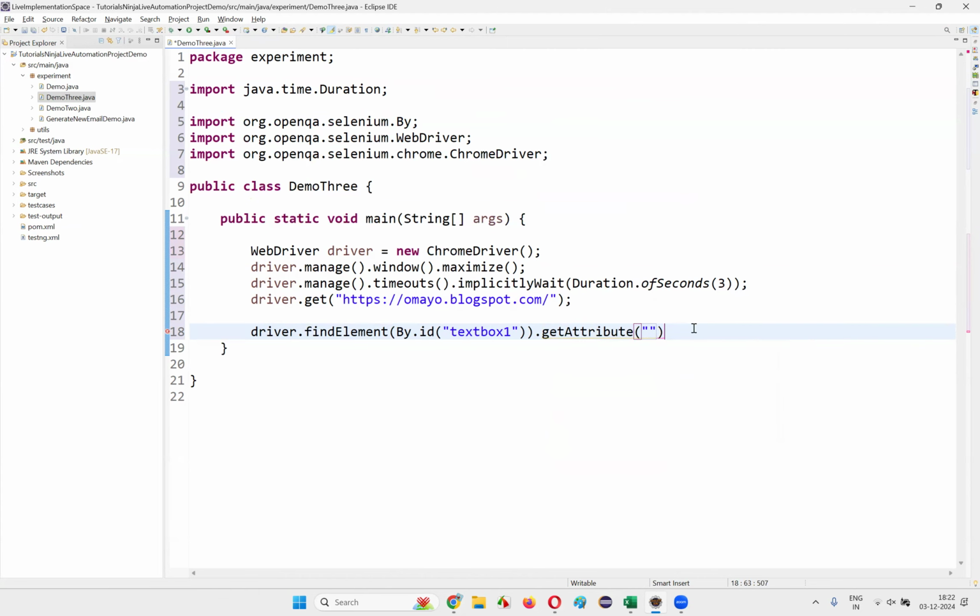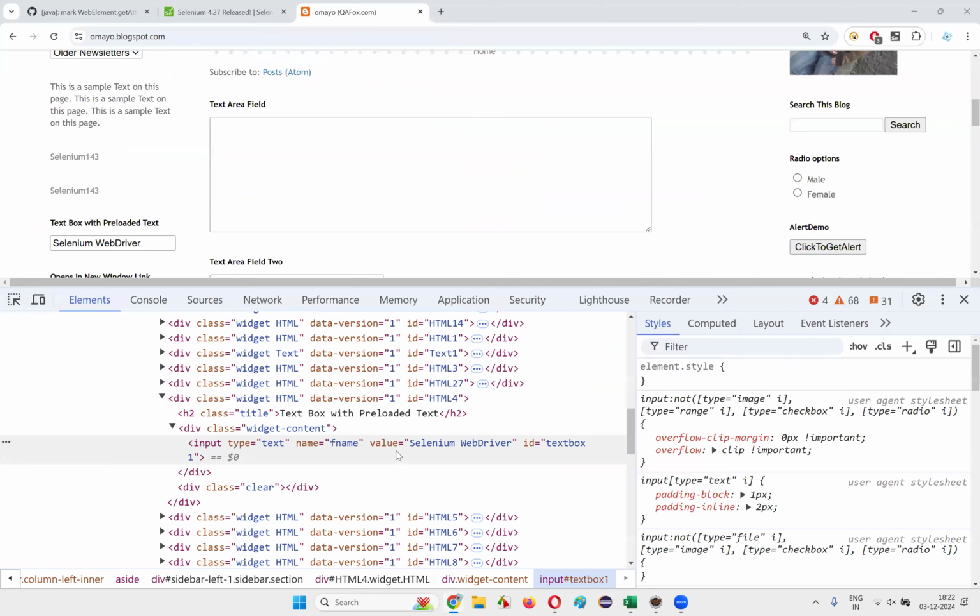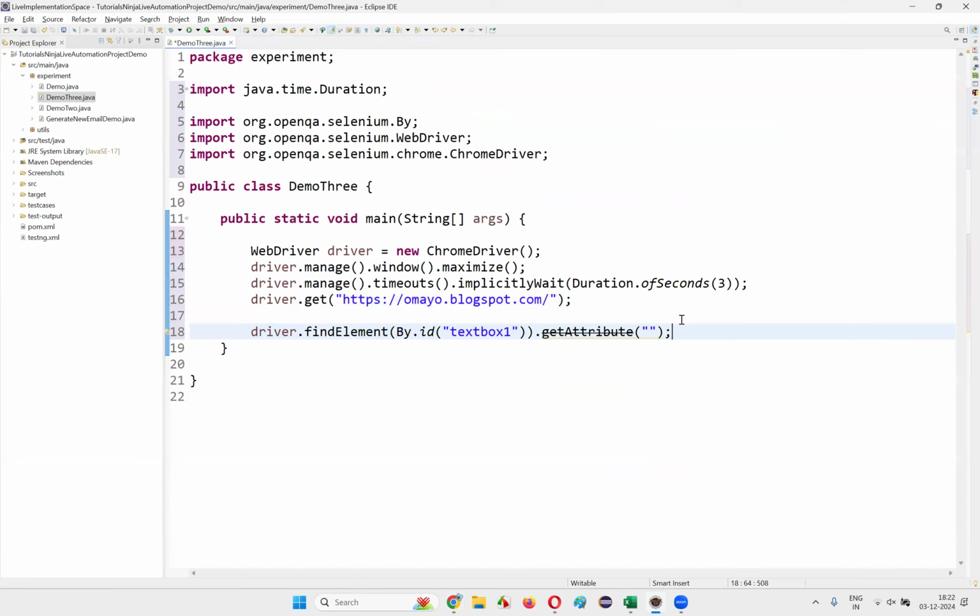Inside that, provide double quotes and provide the attribute name. What is the attribute name where this particular text is available? The text that is displayed in the text field is available in which attribute? Value attribute. Copy the name of the attribute, that is value here. And this should return you a string, okay,